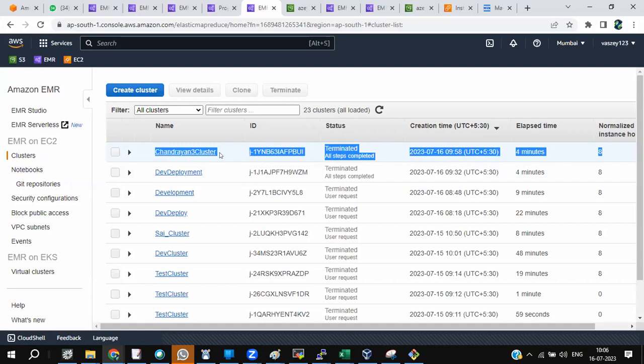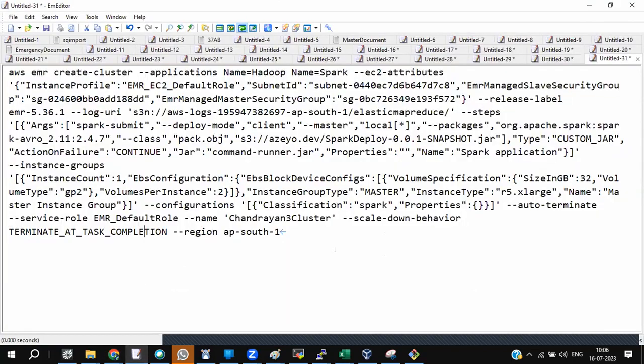Somehow EMR is supporting me today. In the morning it was completely out. Somehow clusters are getting created now. Fine, folks. Now can you answer in interviews if any question comes under deployment, command runner executions and everything? You should be able to answer. In the second half, I'll start with the questionnaire round. Fine, folks.